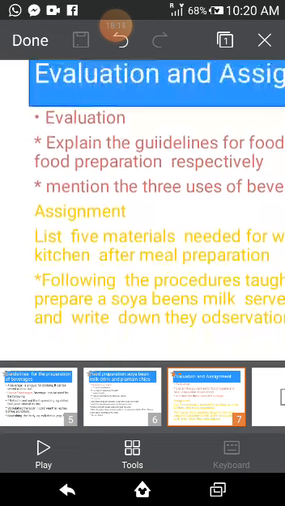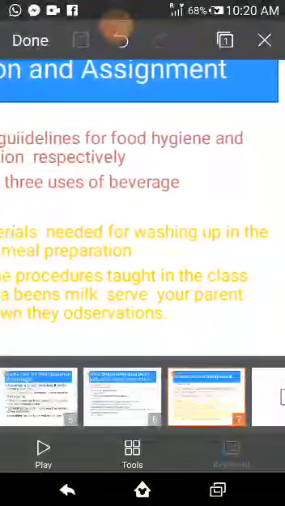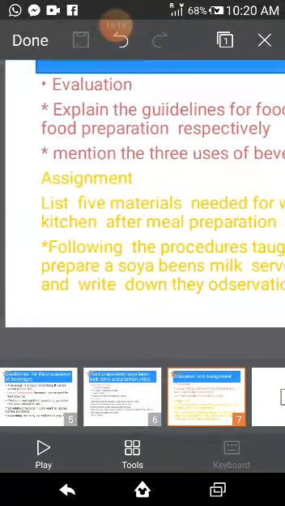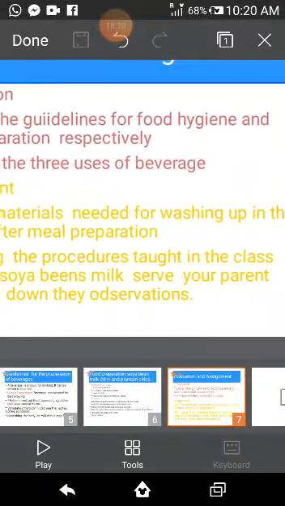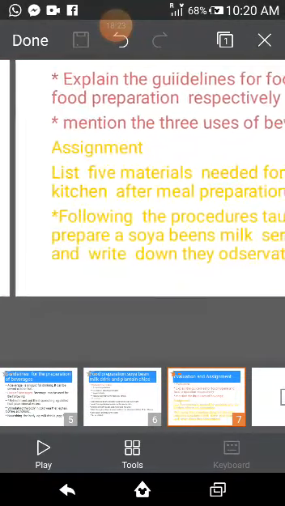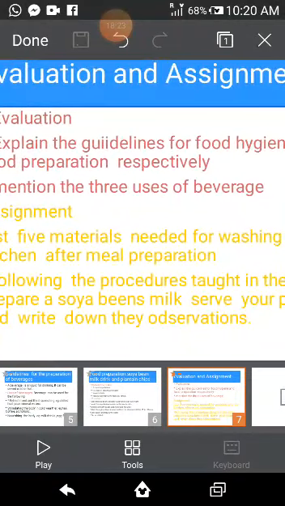2. Following the procedures taught in the class, prepare a soya beans milk. Serve your parents and write down their